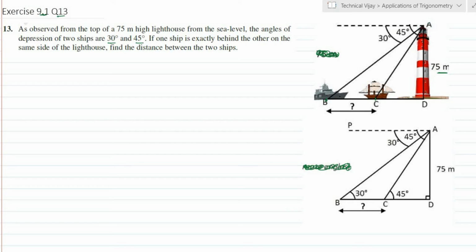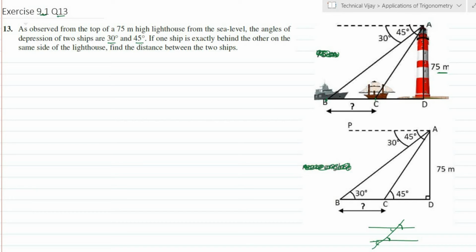Here this is 45 degrees, and this horizontal line and this ground line are parallel, so this angle is equal to this angle, because two parallel lines are there and a straight line cuts these two parallel lines. Then this angle is equal to this angle and this angle is equal to this angle. These are alternate angles. Also this angle is equal to this angle, that is, corresponding angles.